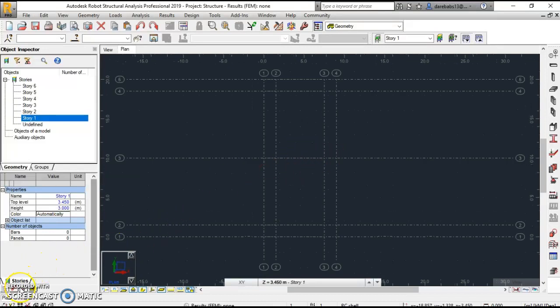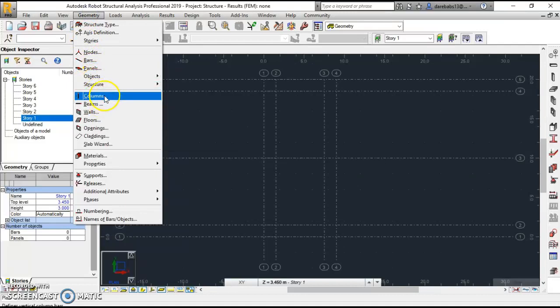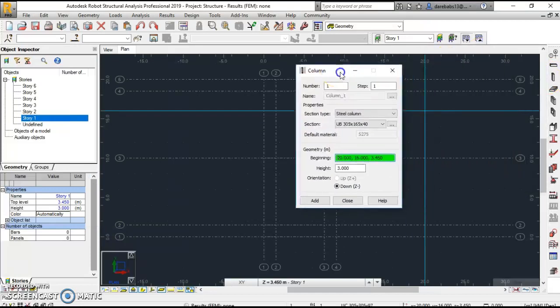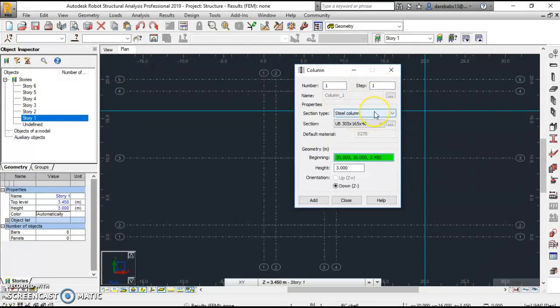To assign your column, you click either these columns or you come to geometry. You see columns there. So for columns, you click on columns. There's a toolbar, then you define it. Let's assume for concrete column, section types, you pick the type you want, whether timber, or steel, or select RC. The section type, let's assume you want to define a new member section. You click on this